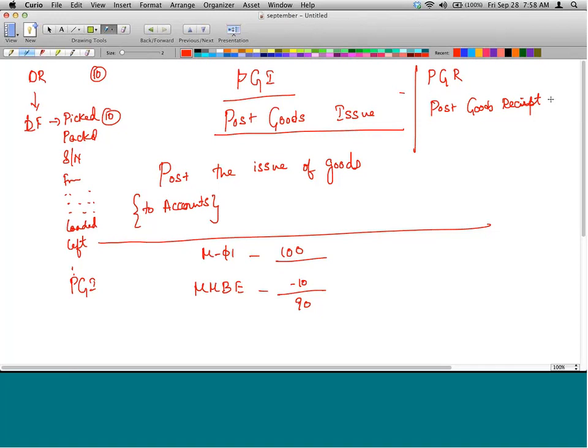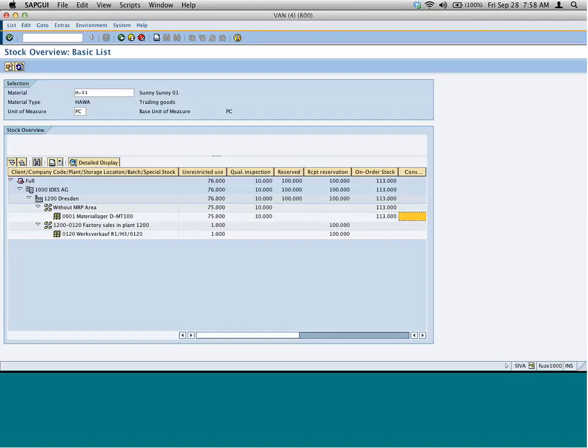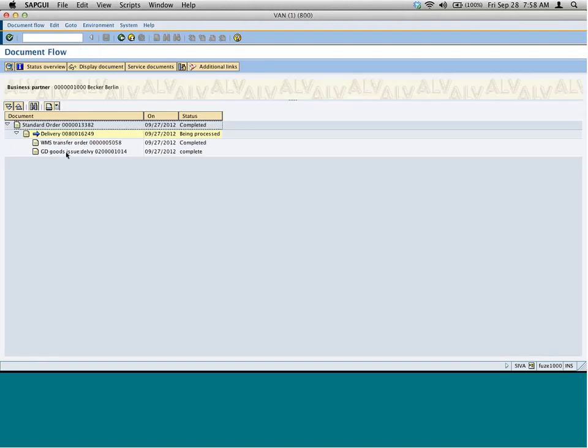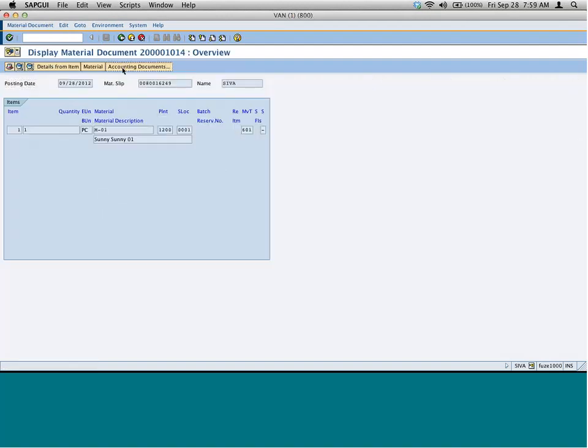Perfect. And for example, if we have done post goods issue here, go to document flow and you can find out the post goods issue here. See, go check on that, click on display document and go to accounting document.